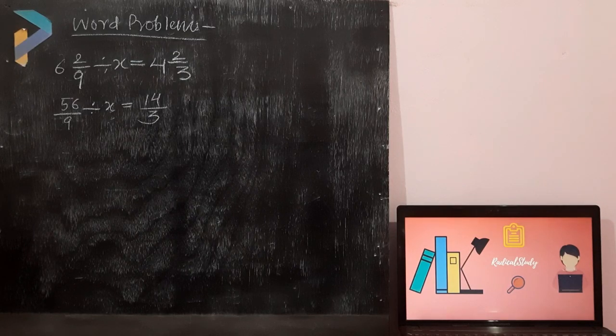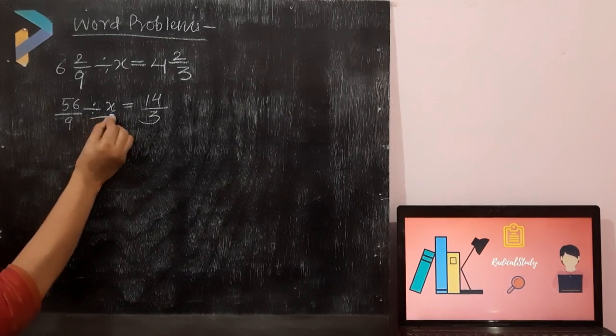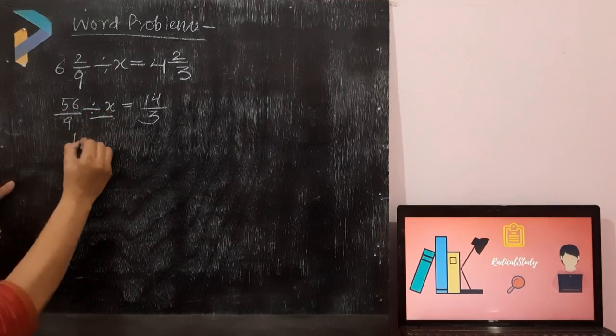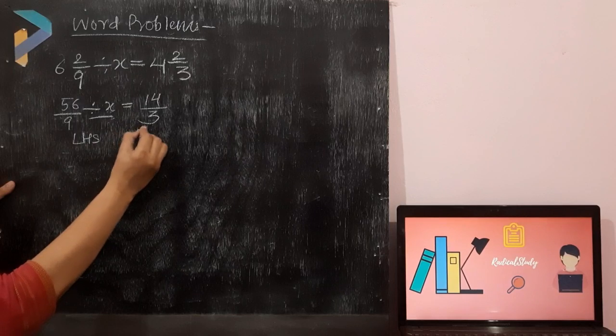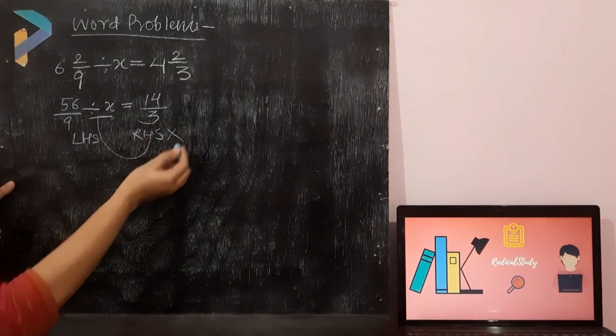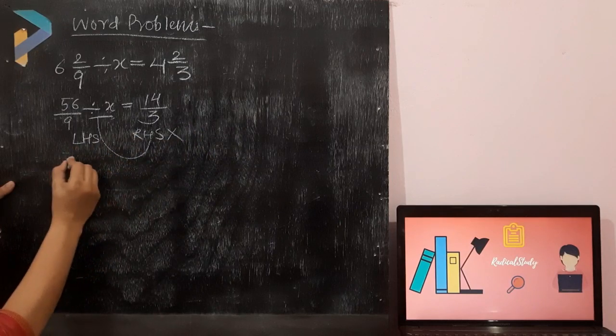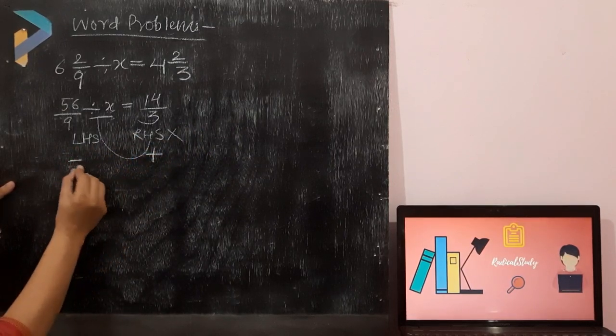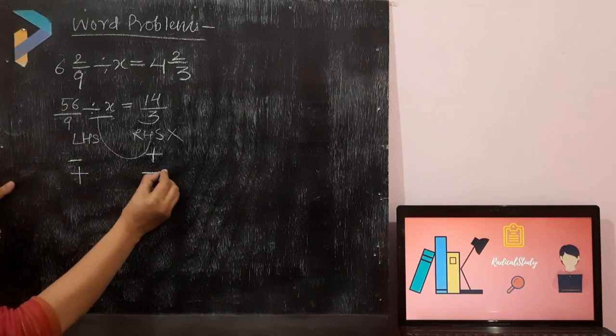That fraction, this x is in divide over here. ये x जो है यहाँ पे इसके साथ डिवाइड में है. This is left hand side and this is right hand side. So when it is going over here, it will be in multiply. LHS और RHS के कुछ रूल्स होते हैं. जो चीज़ लेफ्ट हैंड साइड में माइनस होती है वो राइट हैंड साइड में प्लस हो जाती है. And the thing which is plus over here, it will become minus.